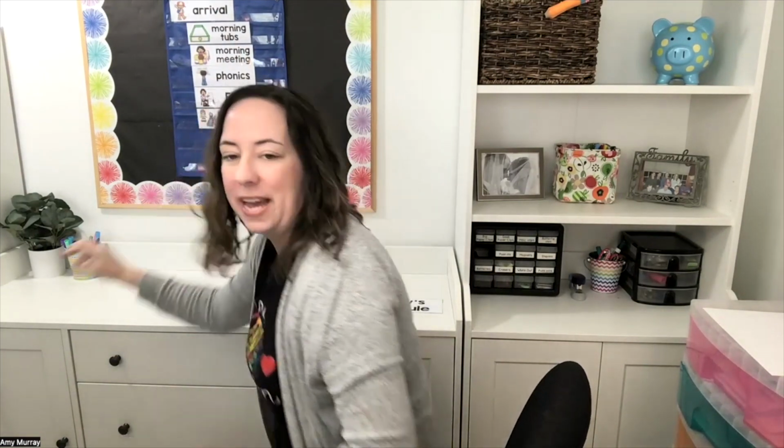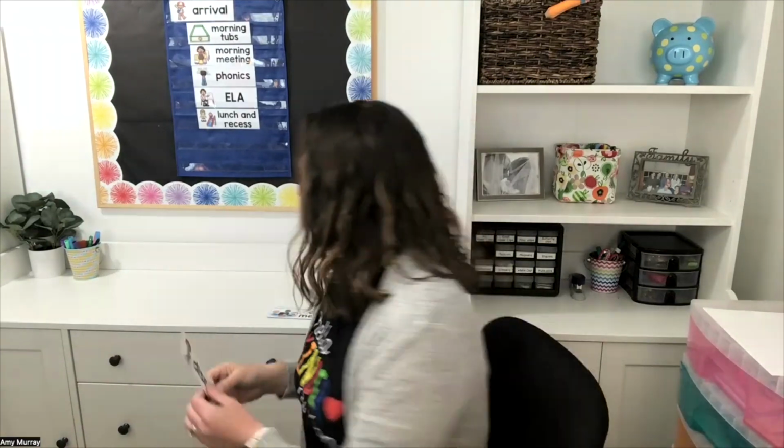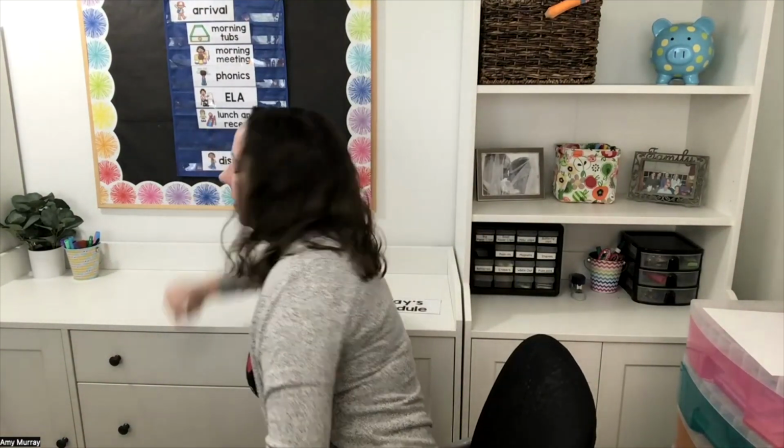A lot of schools have those together. So there is a separate lunch card, a separate recess card included in this pack, but a lot of people do those together and that saves you space on your schedule. Then we would do math. I don't have that one right here with me. Oh, we do math, maybe social skills, maybe we have specials like art or music. And then we'd end our day with dismissal,